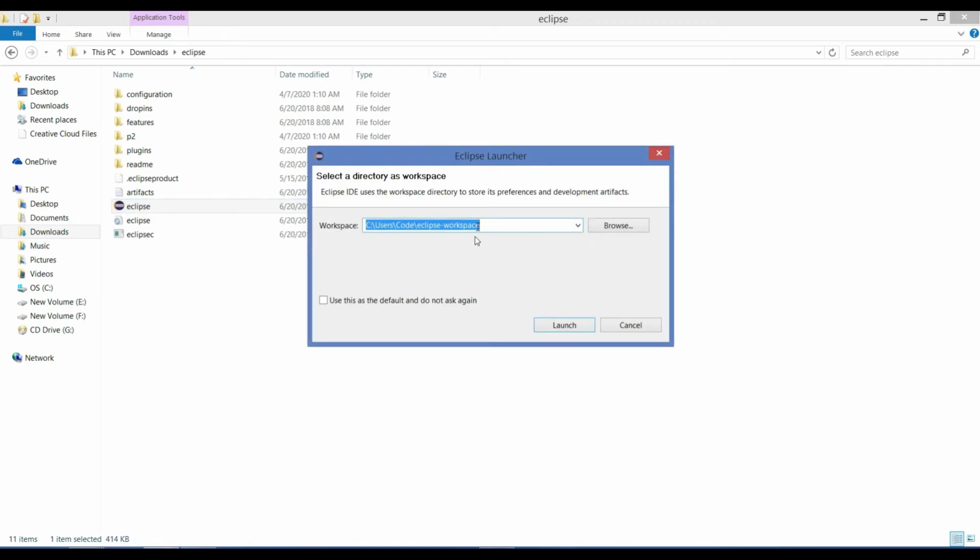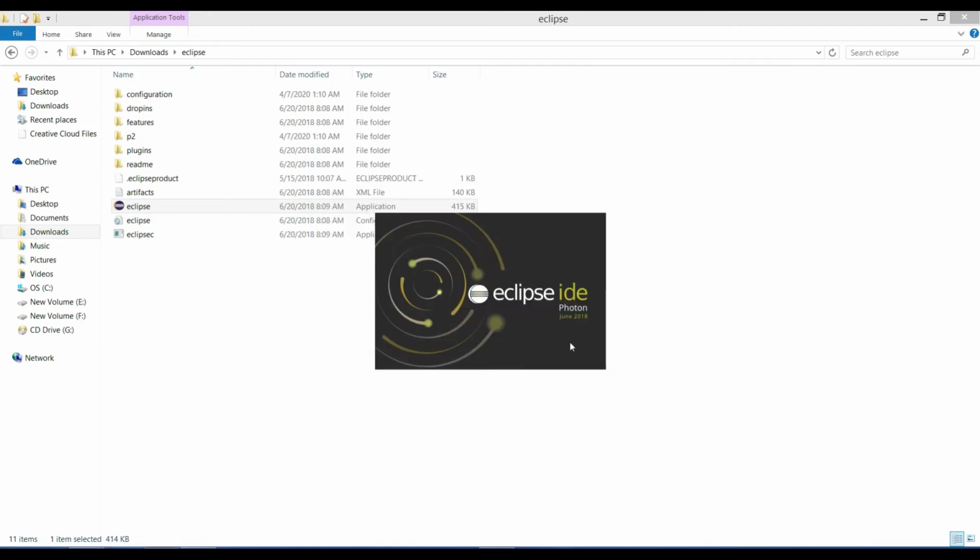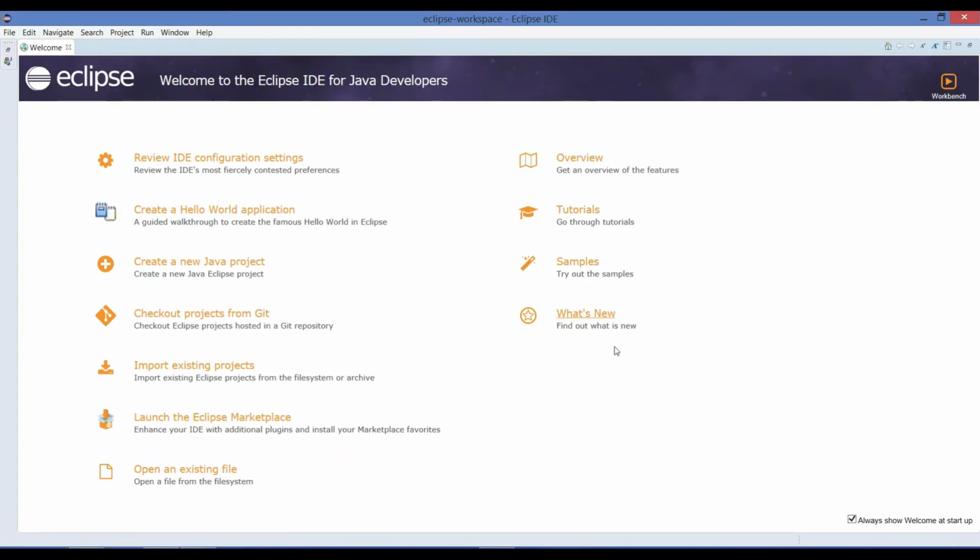Now it will ask you for a workspace where all your projects will be present. It's showing a default Eclipse workspace, so I will take that and launch it. Okay, the Eclipse IDE is opened.